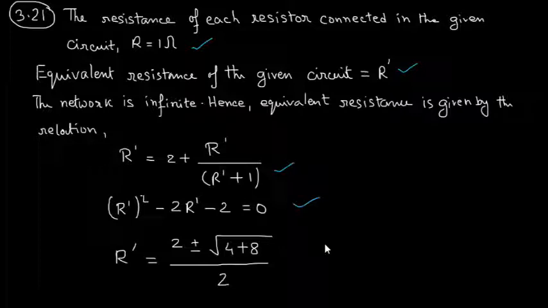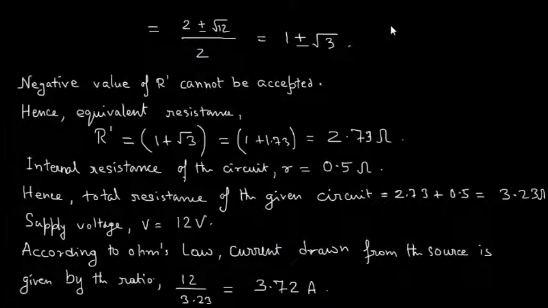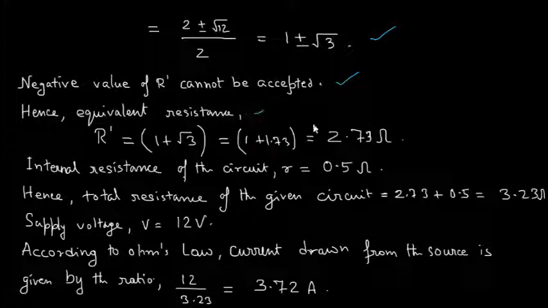R' is equal to, by quadratic equation, we get (2 ± √(4 + 8))/2. Now this is equal to (2 ± √12)/2, that is 1 ± √3. Negative value of R' cannot be accepted. Hence, equivalent resistance R' = 1 + √3 = 1 + 1.73, that is